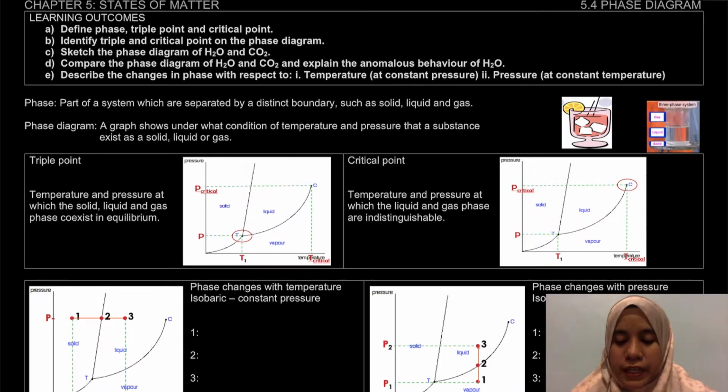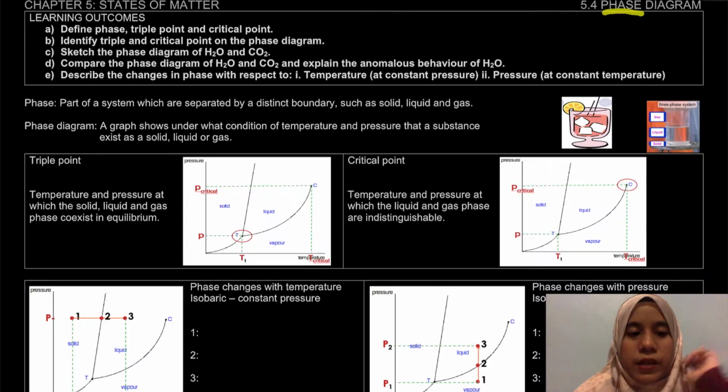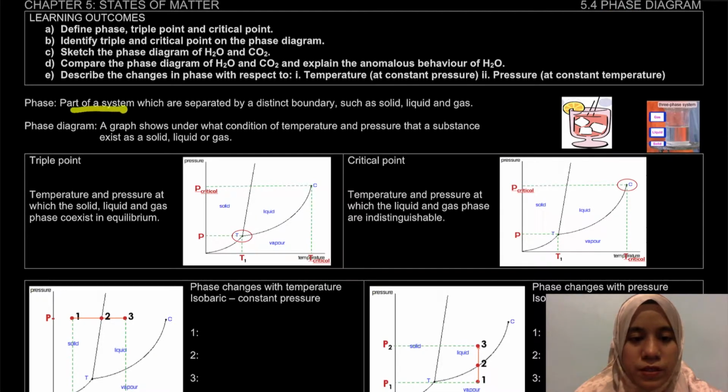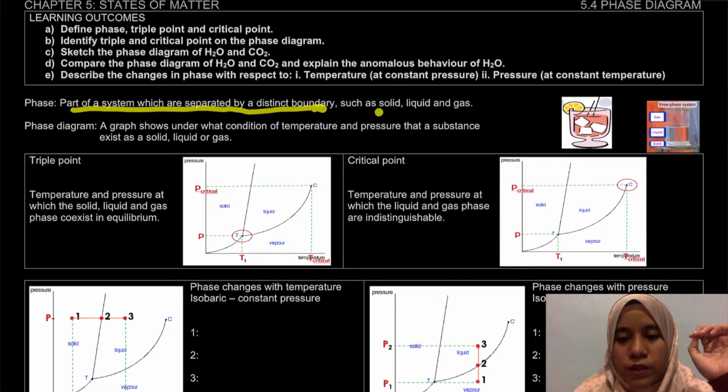Okay, in this video, we will learn about defining phase, triple point and critical point, and then we're going to identify the triple and critical point on the phase diagram. So before we learn about the phase diagram, first we're going to define what a phase is. What is meant by phase? Phase is actually a part of a system which is separated by a distinct boundary, such as solid, liquid and